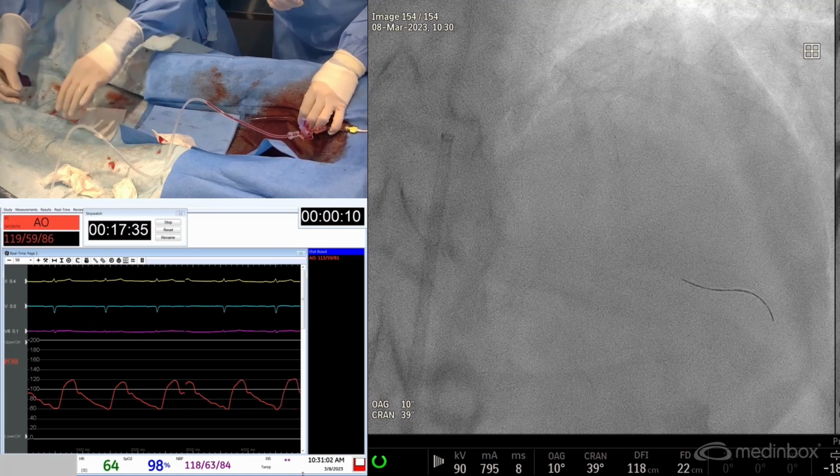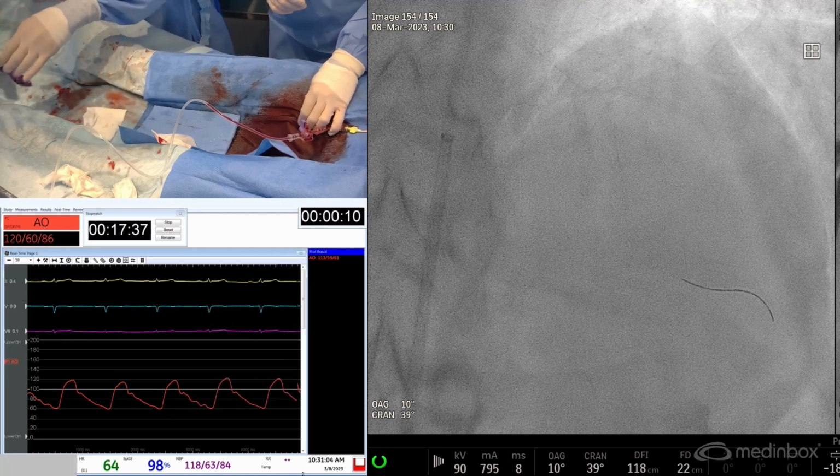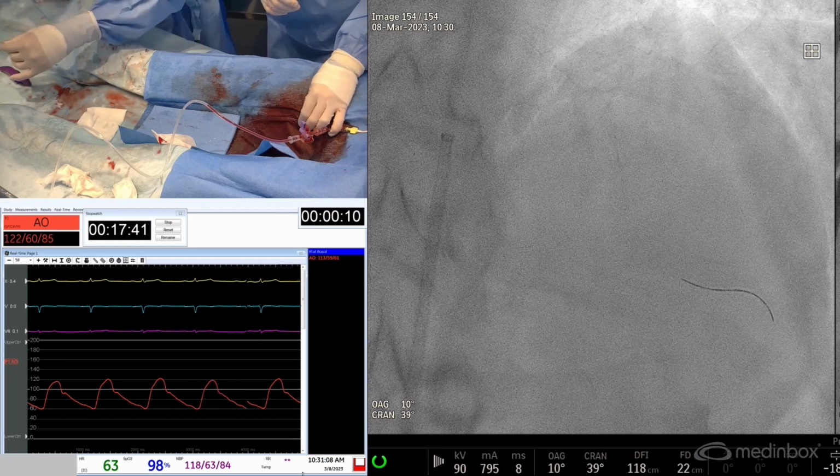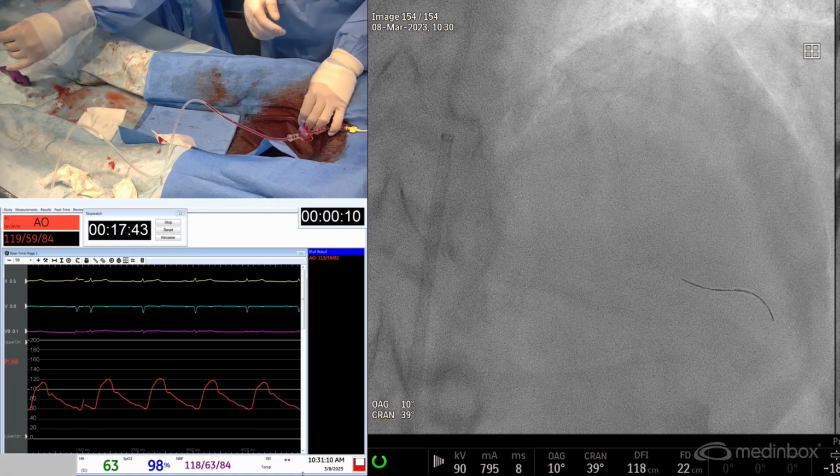retrograde, pas tout de suite, attends, parce qu'on va ouvrir, both the retrograde as well as an antegrade ability to ablate. Est-ce qu'on a ouvert le